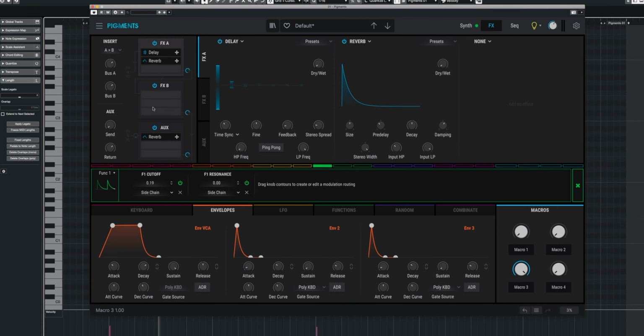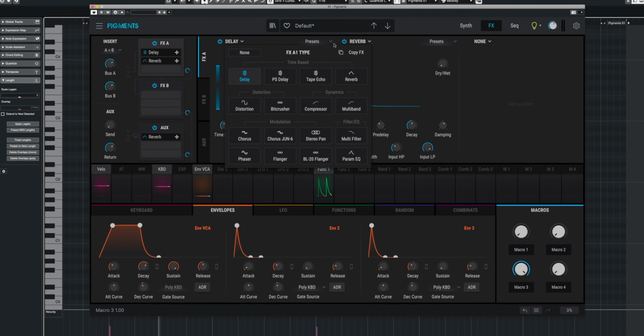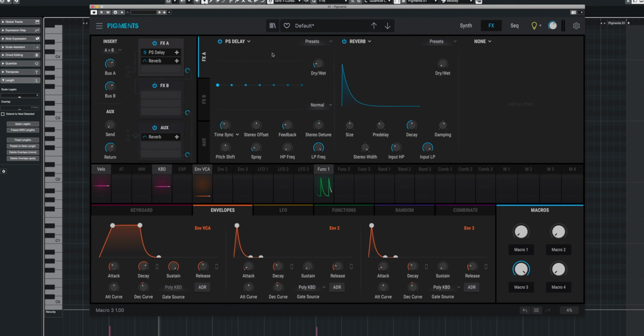I'm going to use the effects, and I'm going to set the delay to the PS delay. What this is going to do is create some artifacts in there. It's basically like a shimmer effect. And I'm going to put this as an octave up. And then when we do the pitch shift, we can go over 24 semitones if we wanted to. So that's the full range that this will do. And if we just play this with a smidge of dry wet on,